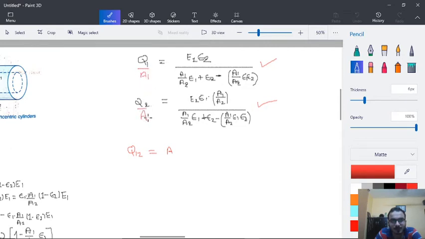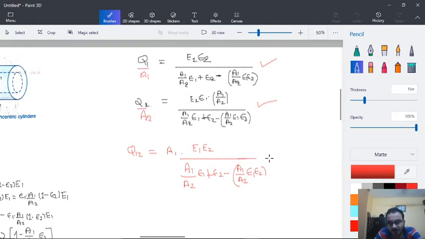Okay, so now Q1 to 2 will be A1 into E1 epsilon 2 divided by A1 divided by A2 epsilon 1 plus epsilon 2 minus A1 upon A2 epsilon 1 epsilon 2